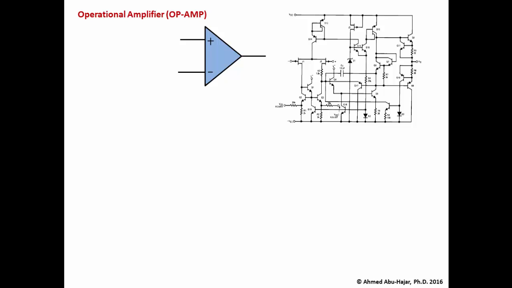They are also used in things like rectifiers, high precision rectifiers. They are used as fundamental blocks in something that we call digital to analog converters and many other applications. So op-amps are very fundamental modules that are used in electronics, and that is why we stress op-amps and we